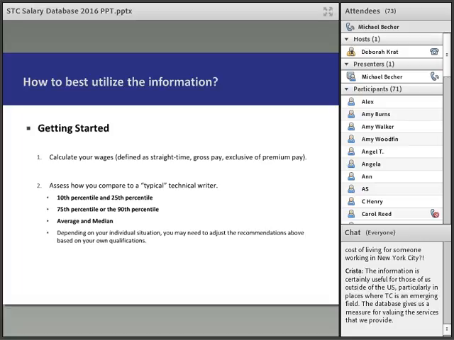And what we do is we show in the report the data on several different levels. The first one is the 10th percentile and 25th percentile. And for those of you who may have forgotten some math over the course of your careers, the way percentiles and quartiles work, and the 25th percentile is a quartile, is if you arrange all the data from highest to lowest, top down, and then break it into quarters, the bottom quarter would be the 25th percentile. And if you break it into tens, so 10 different segments, that bottom segment is the 10th percentile.